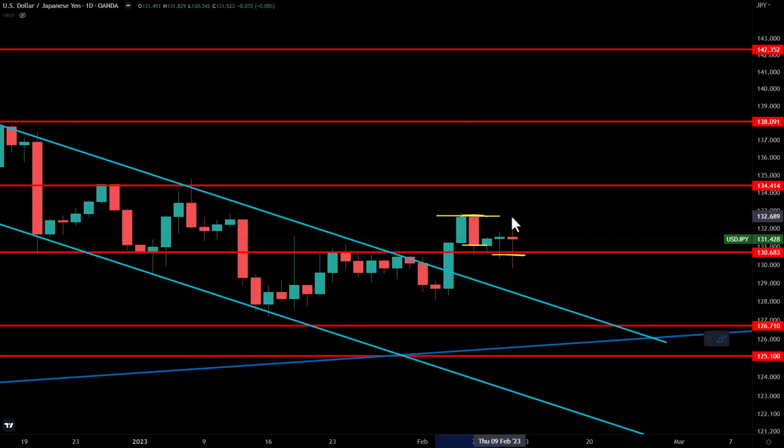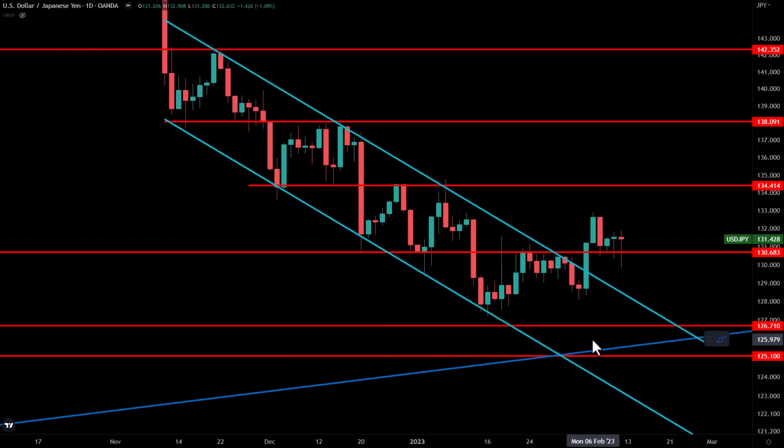So really, it's caught between this high up here where we got that bearish engulfing candle and also support down here right around 130.60. Now, this isn't too much of a surprise to see the dollar yen going sideways, simply because we've seen the DXY doing the same. So I think that if we see the dollar yen take out this high up here this coming week, then